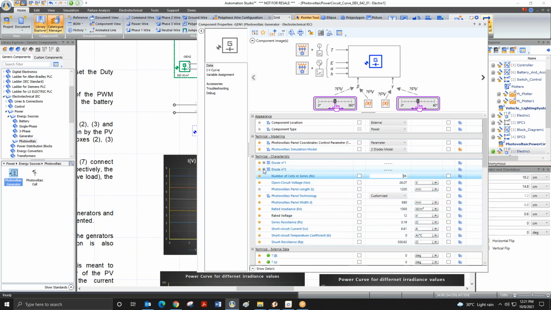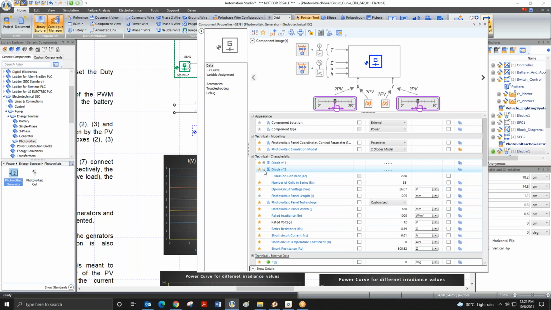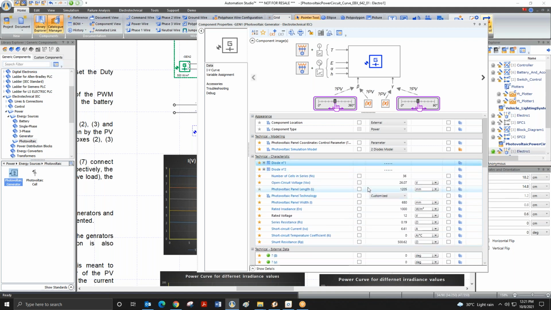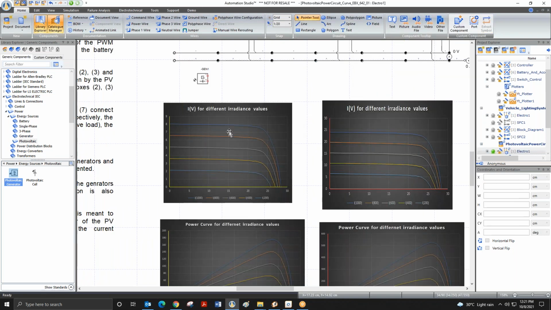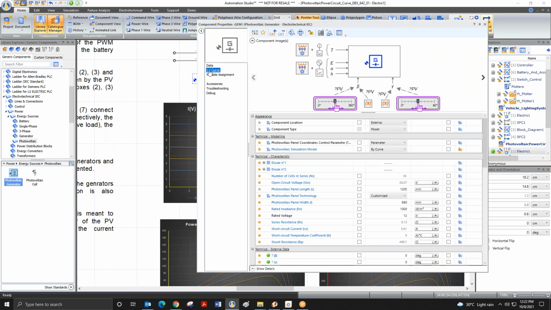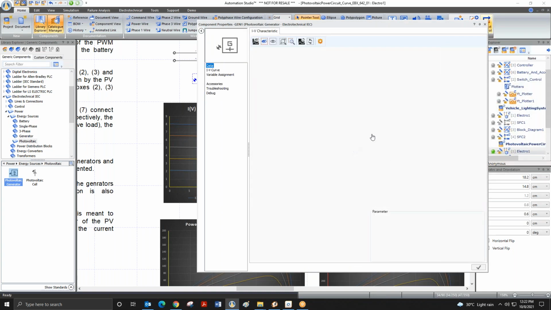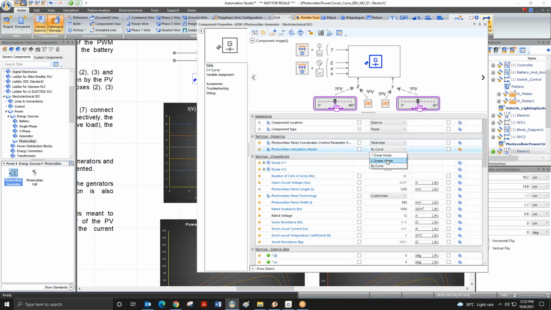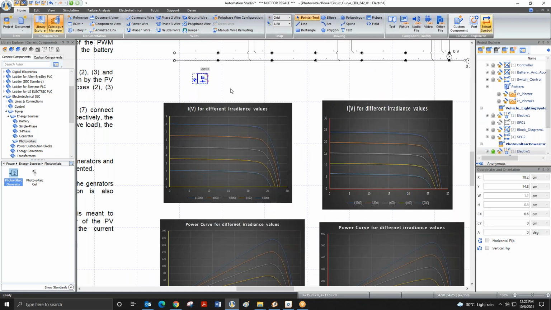For the single diode model, you can set the emission constant and so on. All the different parameters you can choose. And if you don't have that data, you can choose by curve. For each solar panel we have the voltage and current curve, the IV curve according to the irradiance, and you can put it in here. If you have the data for the single diode model or the two diode model, you can put that data over here. That's how you can model your solar PV.